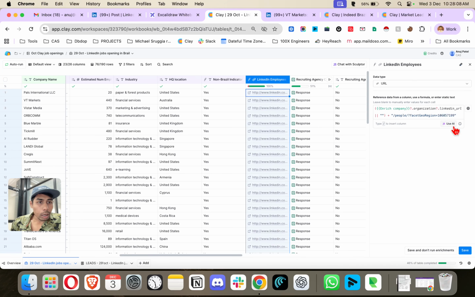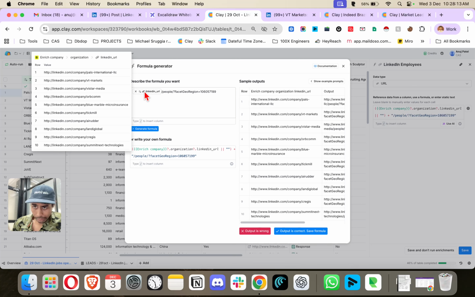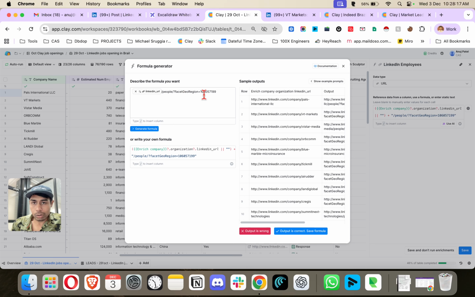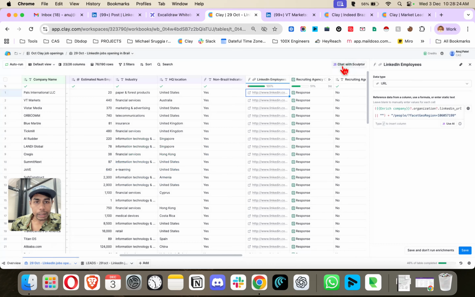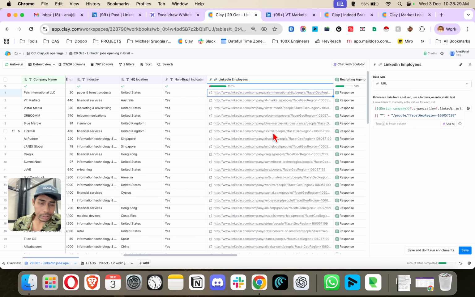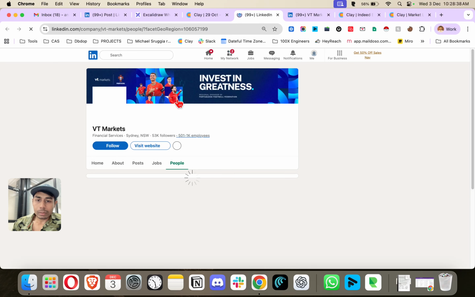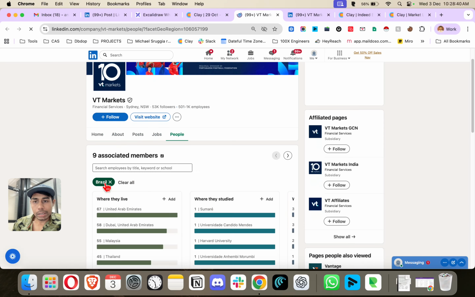So let me show you how I did it. Yeah, so the LinkedIn company URL will remain the same. We just need to add this people facet geo region equals to 106057119. So this is the Brazil geolocation ID, right? So we get the Brazil employee count URL, or the complete LinkedIn URL, for each company, right? Now we can visit the page and just get the Brazil headcount, which is